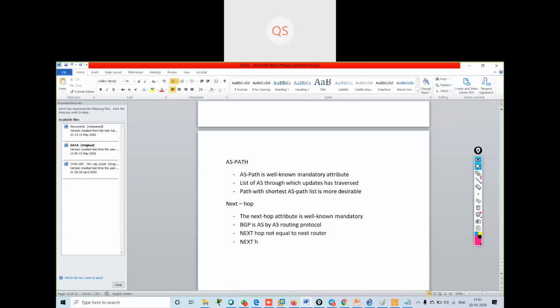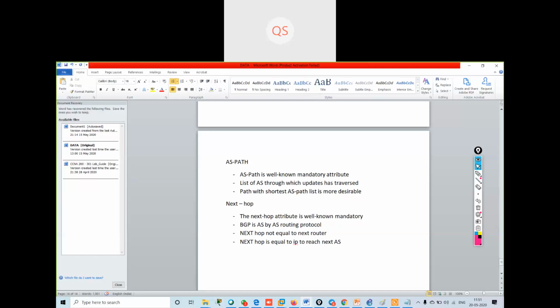Next hop is equal to some IP to reach the next AS. So next hop is not equal to the next router in this.